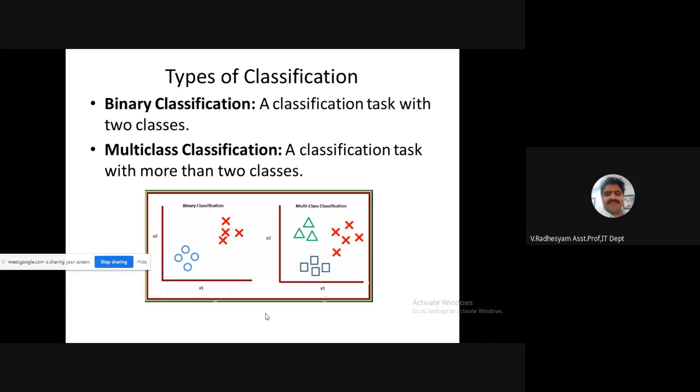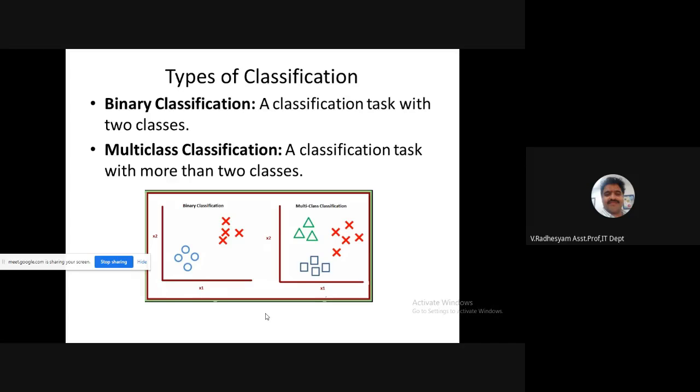In the case of tabular data. Suppose you consider image data, we need to classify each and every pixel as belonging to some particular class. That means this particular pixel belongs to class C1. This particular pixel belongs to class C2. Likewise, if you want to classify, that is the main activity related to the task of classification.